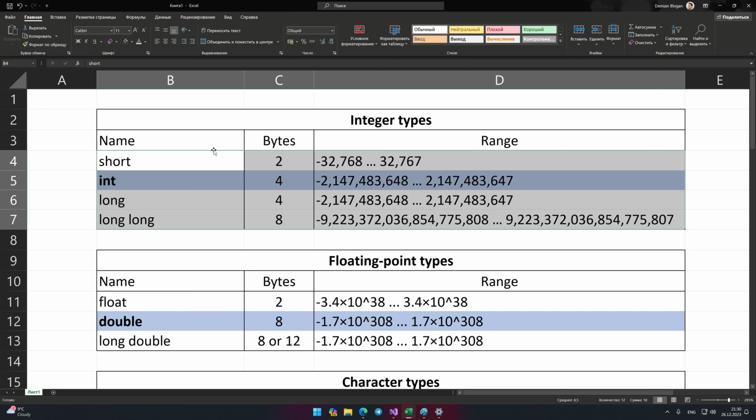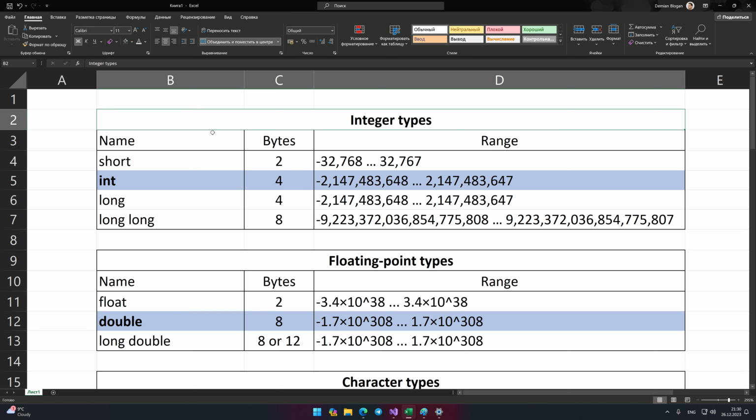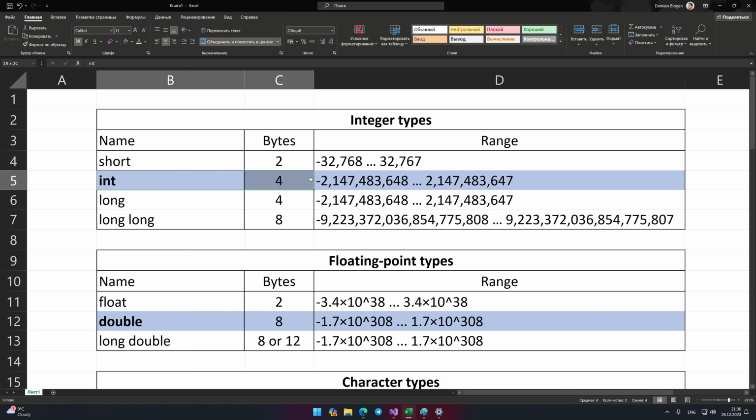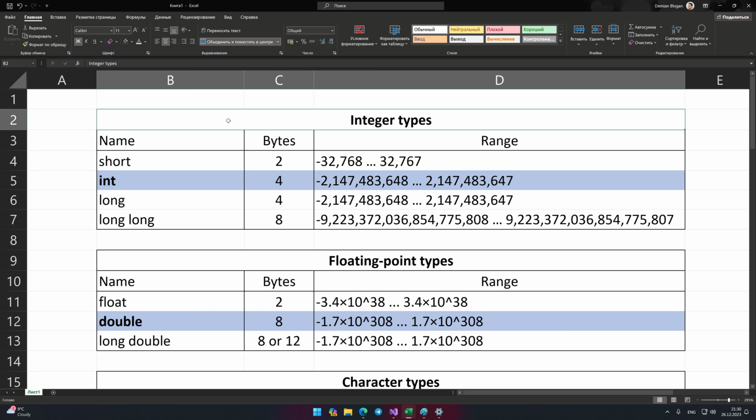What type will we choose to work with integers? It will be type int. Firstly, our computer systems have a huge amount of memory, so there is no point in choosing a smaller short type. Secondly, if you need to store a number that doesn't fit into the int range, then only choose the long type. Thirdly, the int type is the most efficient. This means that the computer processes values of type int the fastest. Therefore, our preference for integer numbers is the int type.